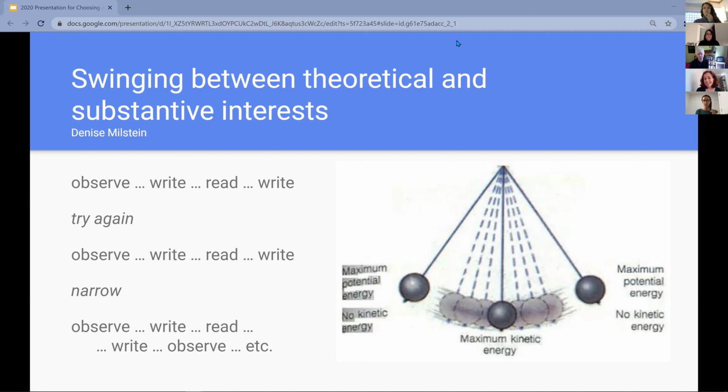So it may be that you're coming into this with a theoretical interest. You want to understand innovation, or you want to understand the structure or the dynamics of history, or you want to understand the relationship between structure and agency. It could be all kinds of different things. And it could also be that you're starting out with a really concrete substantive interest. But once you go into the field, you end up actually going back and forth between your substantive interest and